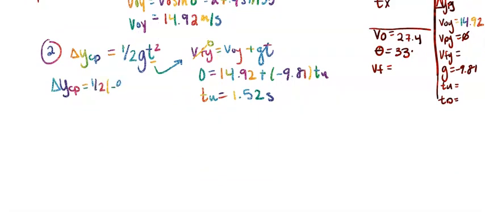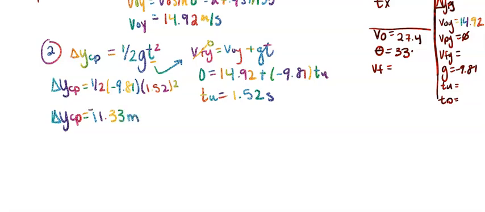So it's going to be up for 1.52 seconds. So we can take that number and plug it into our delta y cliff to peak equation. So we end up with 1/2 gt squared. So plugging everything in, we get that the delta y CP, which is cliff to peak, which would be the height above the kick point, it's going to be a value of